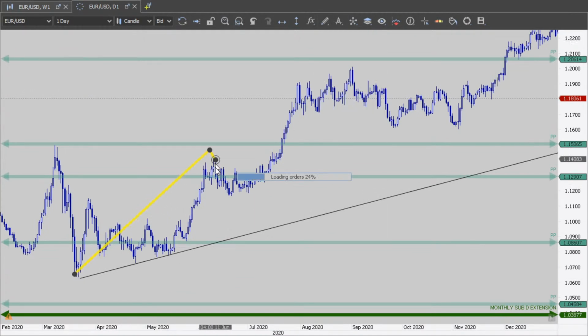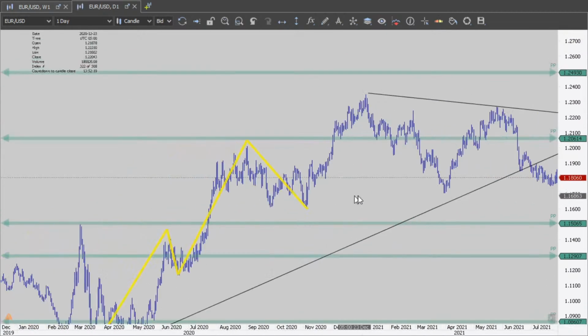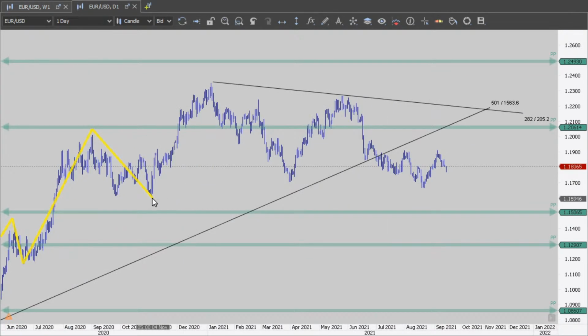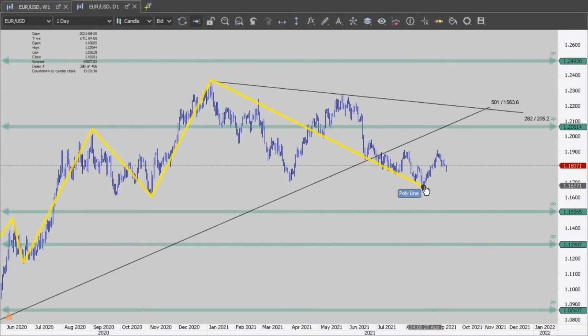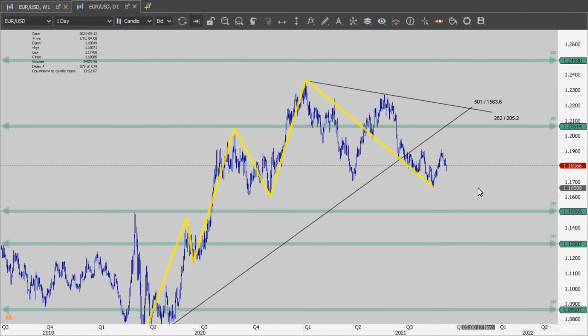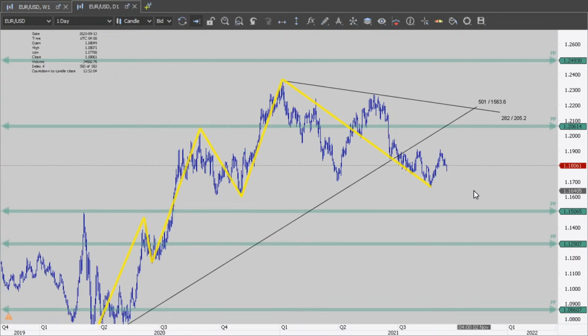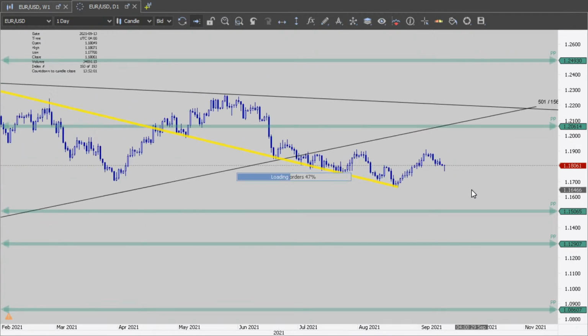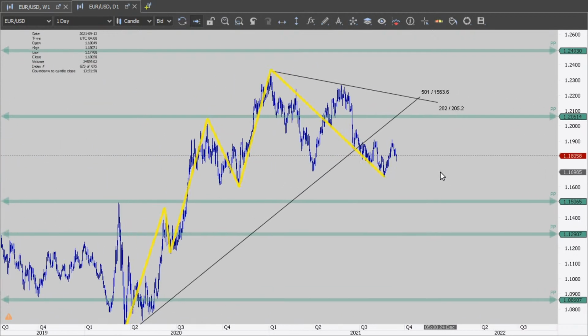Daily chart, extension, retracement, extension, retracement, extension, which one? Retracement. Alright. Okay, everybody, long or short? Let's make a poll. Don't be shy, there is no right or wrong. How would you trade the euro dollar daily chart? Remember, you can go long, you can go short. Why? Because you can enter long or short on different time frames. Okay? Make sense?